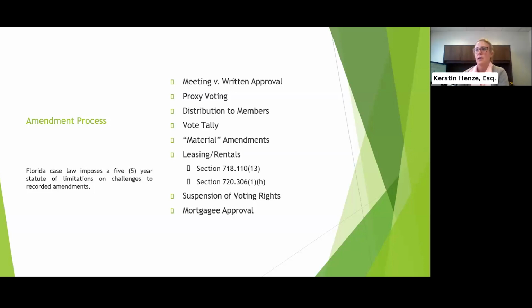Essentially, with the written consent process, you're going to be mailing out the amendment with a memorandum that's going to contain at the bottom of that memo a signature line for the owner to sign and consent to the amendment. So you'll say, here are the enclosed amendments to section 6.5 of the declaration. This is what we're trying to amend. This is what we're trying to achieve. If you are in agreement, please consent and return this consent form to the association within a certain time frame.